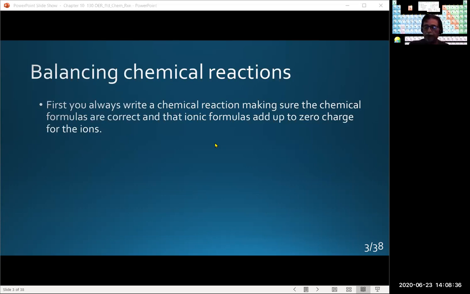Well, before we even balance, we have to make sure that the formula we put together is correct, with the correct number of subscripts. That's why I stated in the previous chapter that when we have, for example, an ionic compound, we first